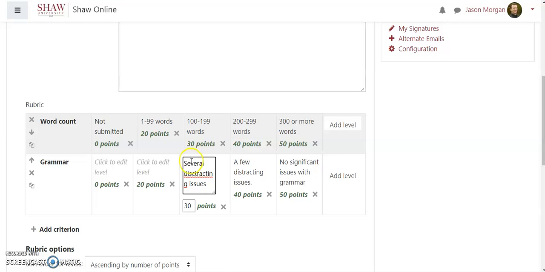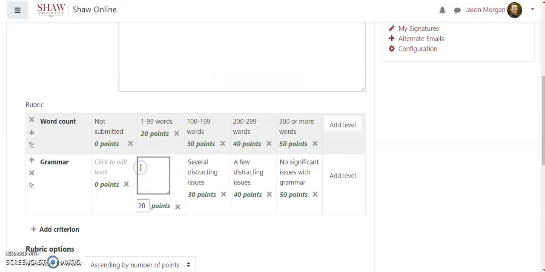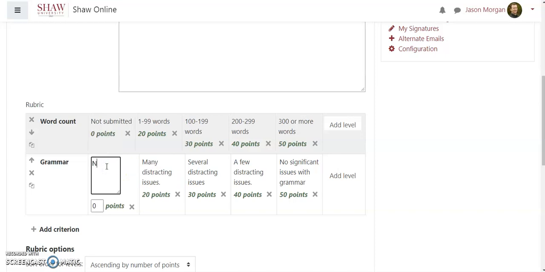I didn't like how I spelled distracting. Well, what are you going to do? Many distracting issues. Okay. Because the idea, at least for an English professor, is proper grammar is important because we're trying to